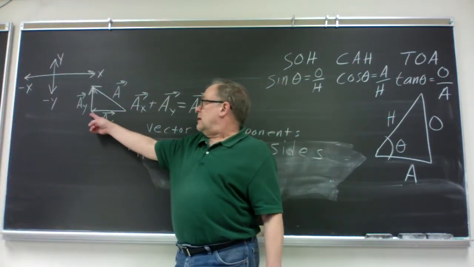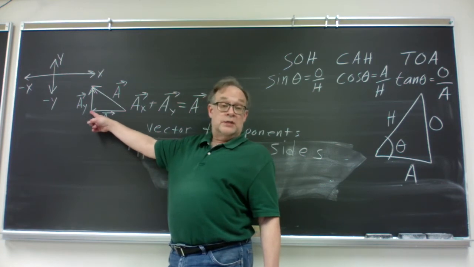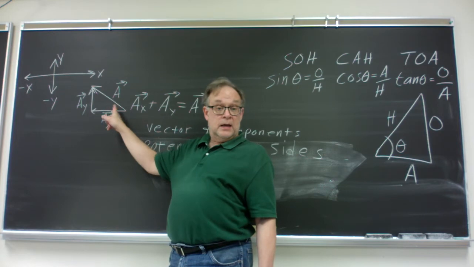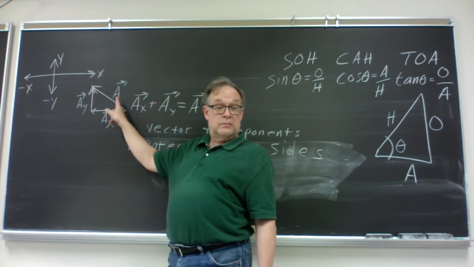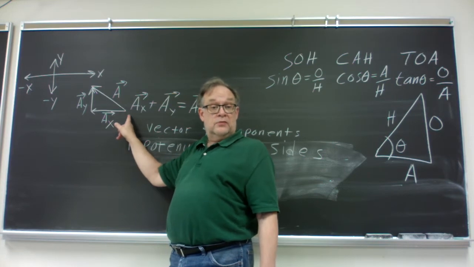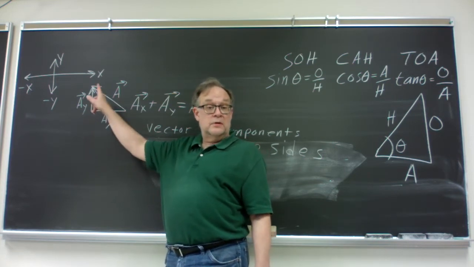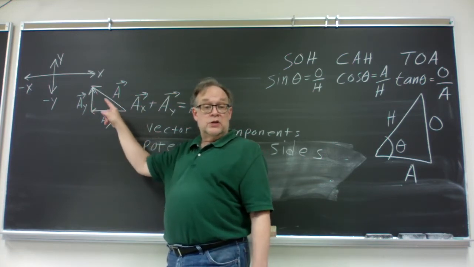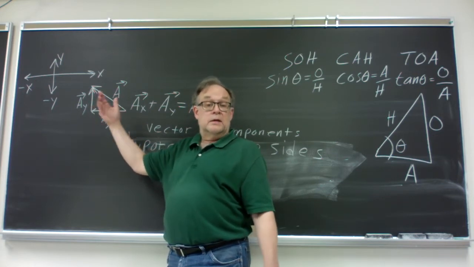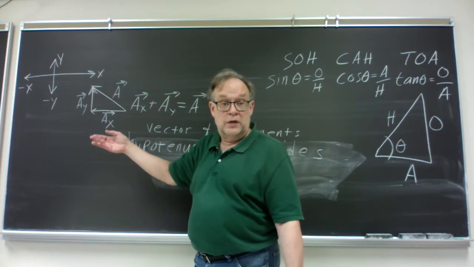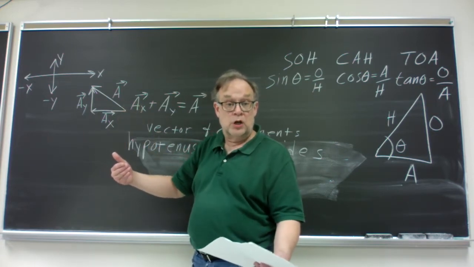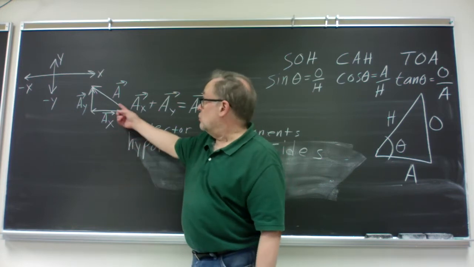So connect the tail of Ay to the tip of Ax because you're adding Ay to Ax. And then the sum is represented by an arrow that goes directly from the beginning of this addition path immediately straight to the end of the addition path. And that sum is the vector itself. You can think of the vector itself as basically a sum of perpendicular components. You can also think of the